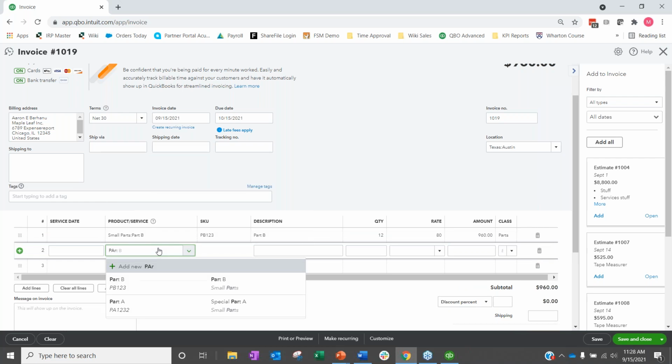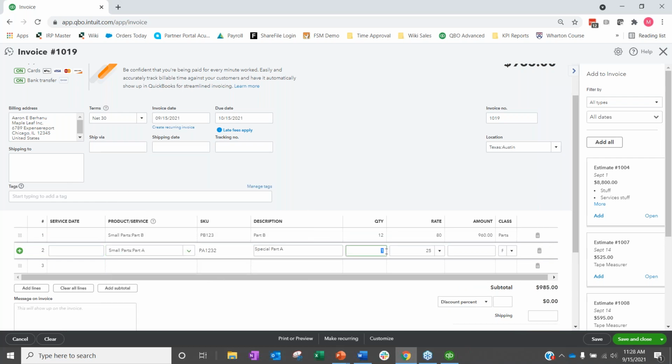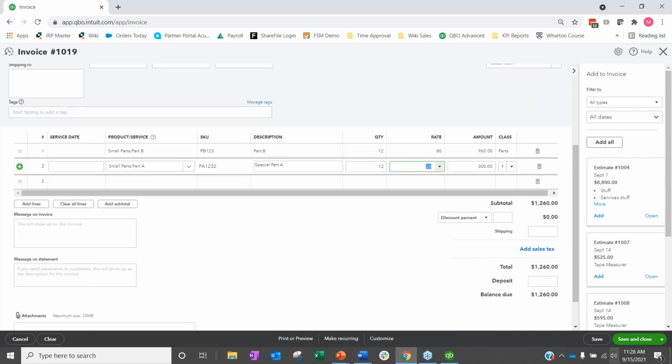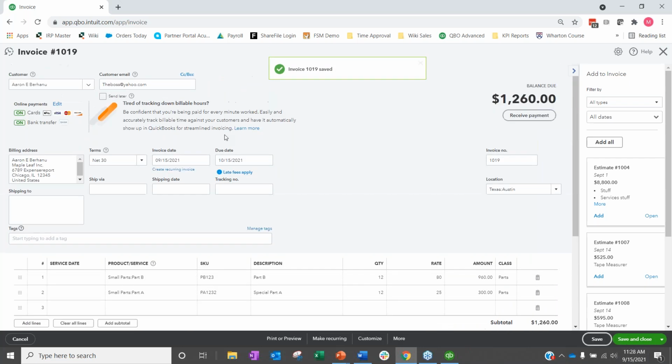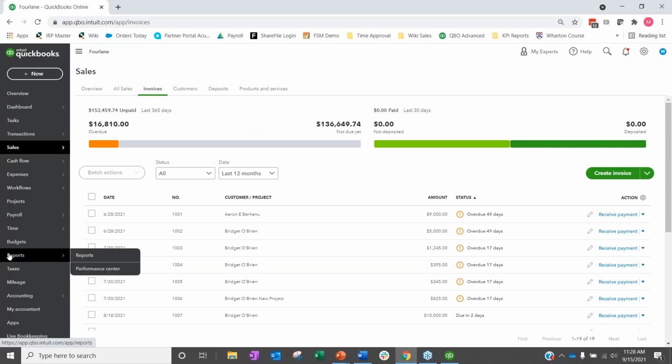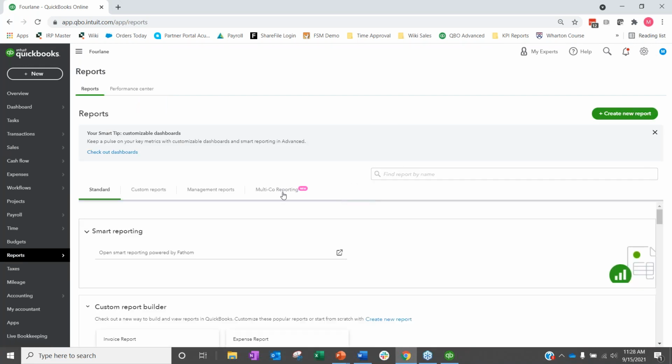And then part A, which we actually don't have any of those on hand, right? So it's going to tell me. So here now I see on hand 0, 100 on reorder point, 200 on a purchase order. So I'm just going to go ahead and say 12 as well and save that. Didn't give me any warnings or anything like that, except for just that pop-up there that showed me that we don't have those parts. Now when I go into my sales by item report,